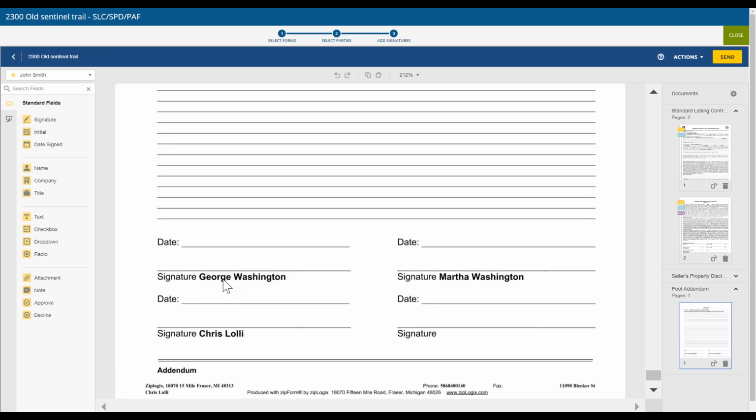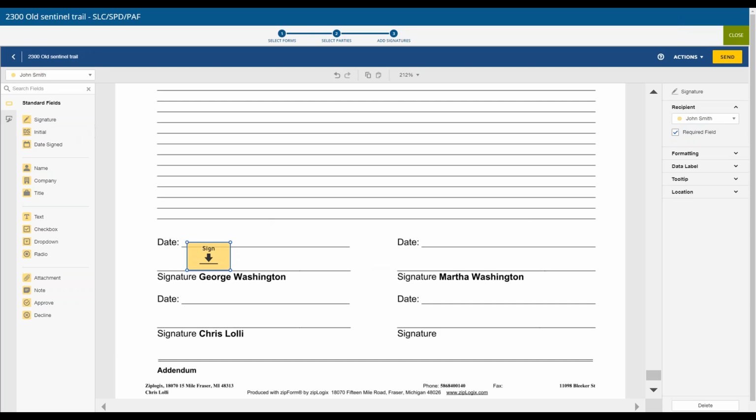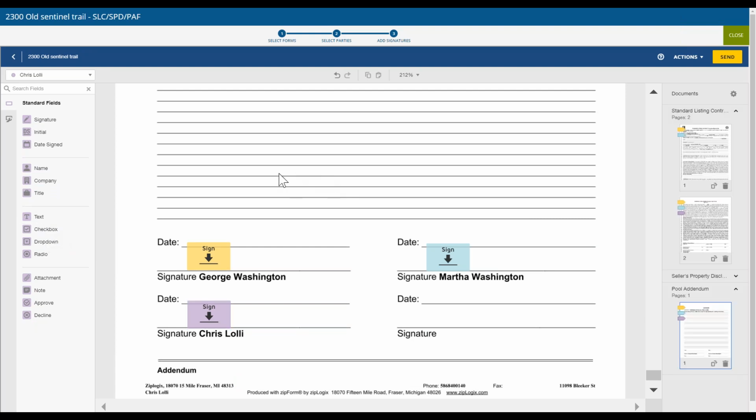Okay, this pool addendum here, hypothetically, let's just say, excuse the names here, it's just an uploaded document, but it's going to work the same. So say John Smith here, left click, drag and drop, John's name fits there, Susan's corresponding would fit here, and then mine would fit here. So again, because this didn't populate, we can always manually add signatures, initials, or different names or text boxes, check boxes, what have you, to these different documents. So it's pretty simple to do.